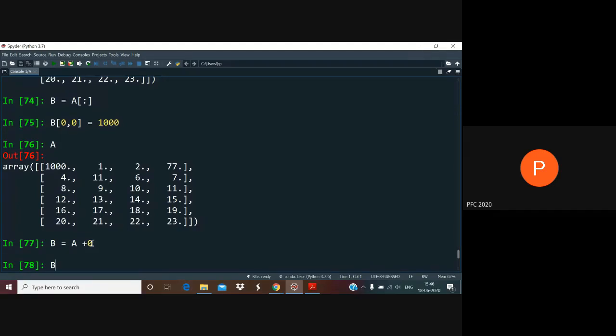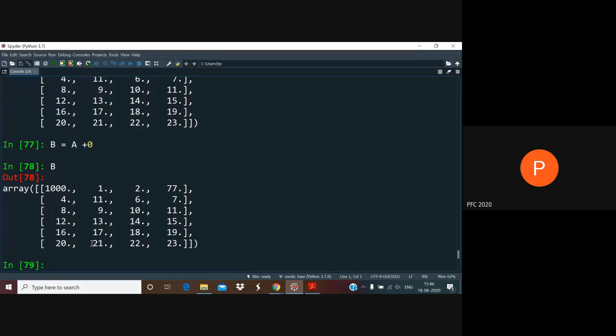So B, of course, ends up looking exactly the same as A. And now, if you change the 0, 0 element of B back to, say, just 0, A no longer changes because when you did a calculation involving an array, the array itself did not change. It returned a new value which was stored in the new array B. Now that it's in a new array B, you can change B very much without changing A.